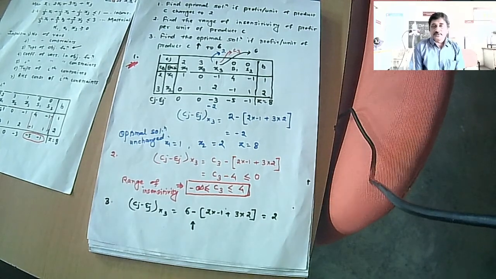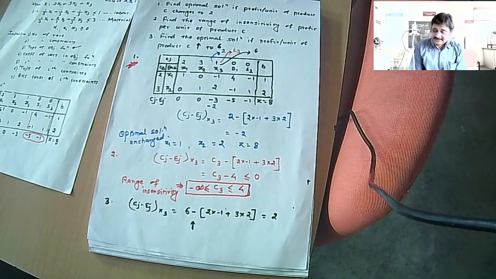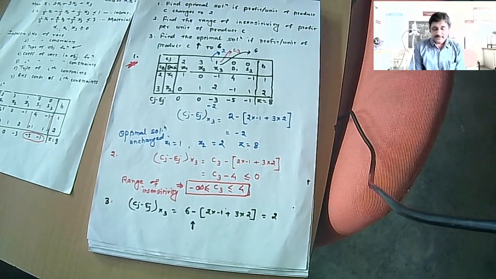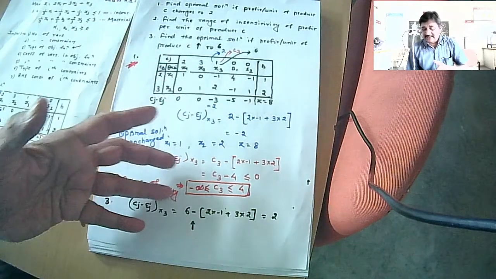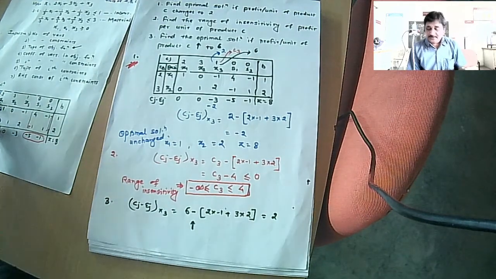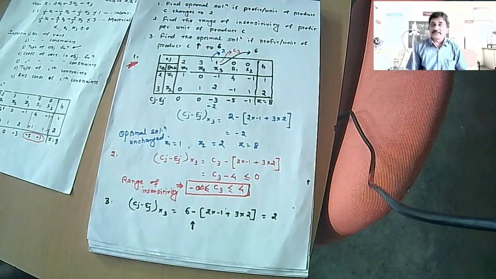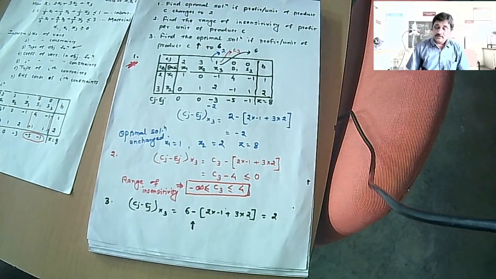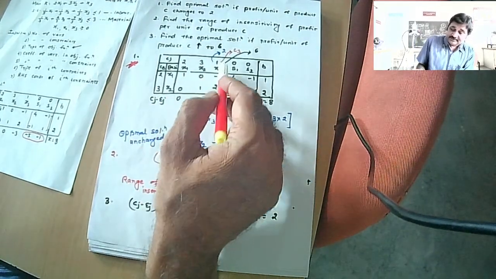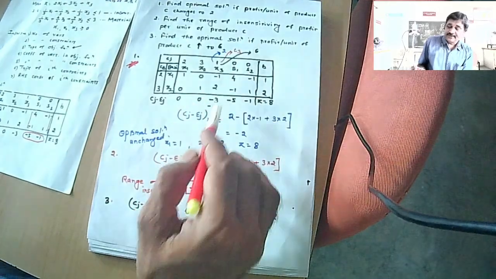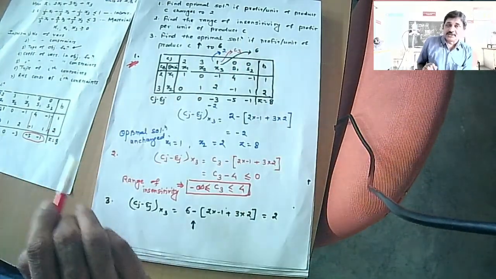What otherwise you would have done? For any change, you would have solved the problem anew, right from scratch, and if I ended up getting the same solution, that would have frustrated you. But here, by doing a little adjustment, a little computation on the optimal solution, you come to know what the optimal solution is. Now, what if this coefficient increases to 6? Now, as soon as this increases to 6, what happens?